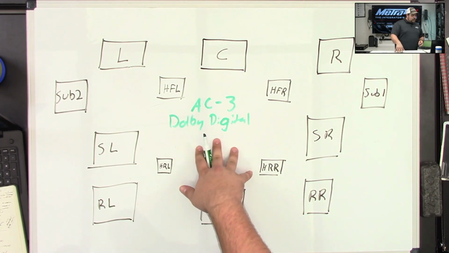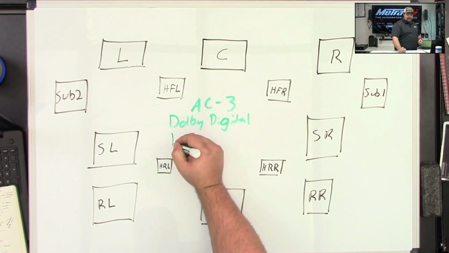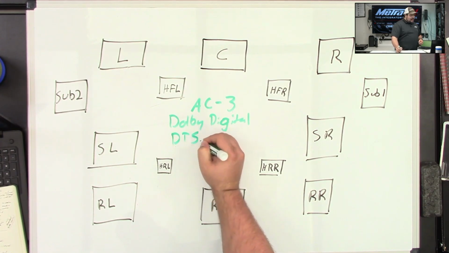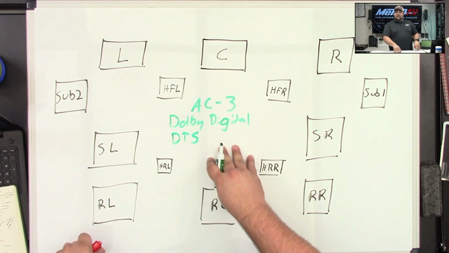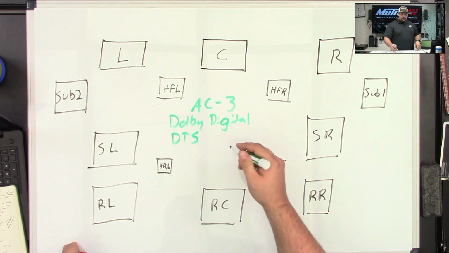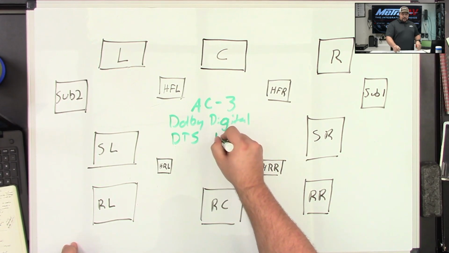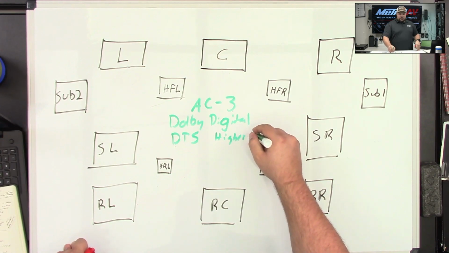But we have Dolby Digital, but we also have, I think they said in around 1993, DTS also came into play. So in my research, and again, this is just from my own research, it's not from any particular source, it looked like DTS actually had a little bit of a higher bit rate, so you'd wind up with a slightly better sound.